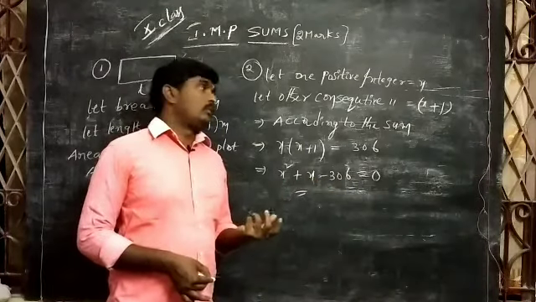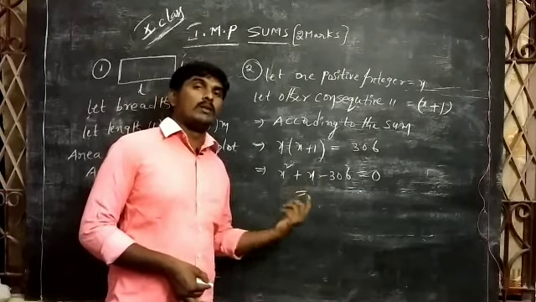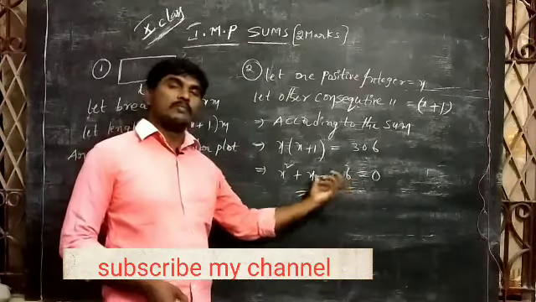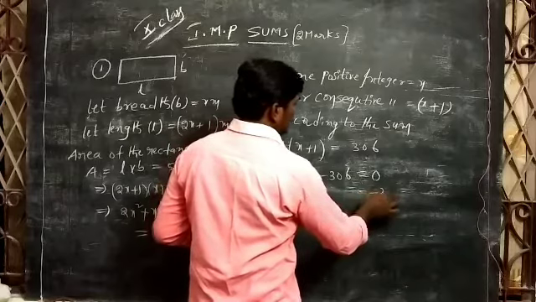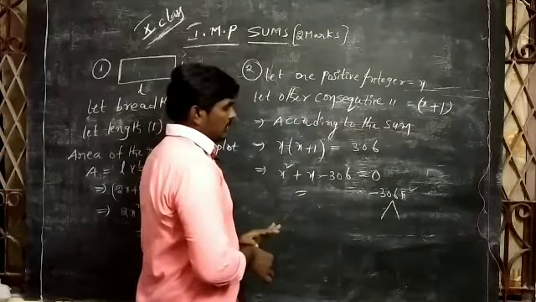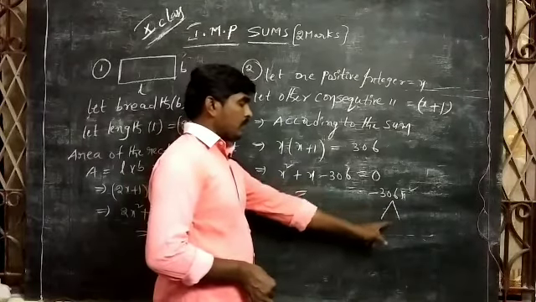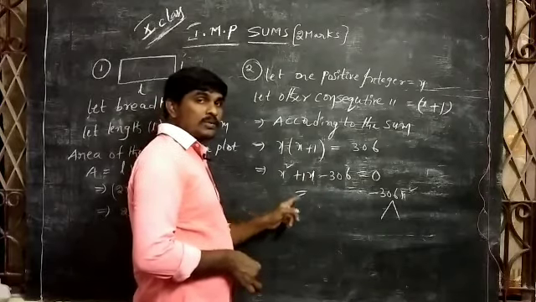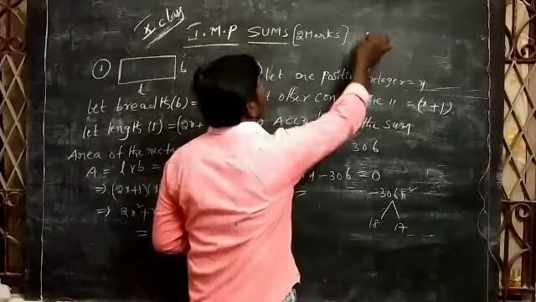If you want to find the integers, what can we do? By using the factorization method: multiply the first term and last term and find the factors of 306. Okay, then continue. First term, last term multiplied gives minus 306 x square. And what are the factors of 306? We write the factors of 306 depending upon the middle number, the x coefficient 1. So 18 and 17. Multiply 18 and 17.